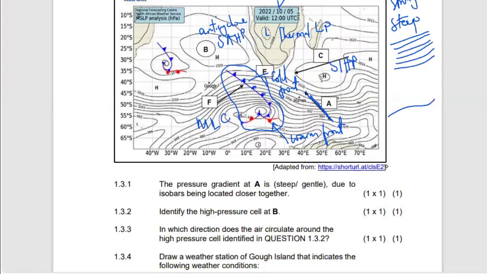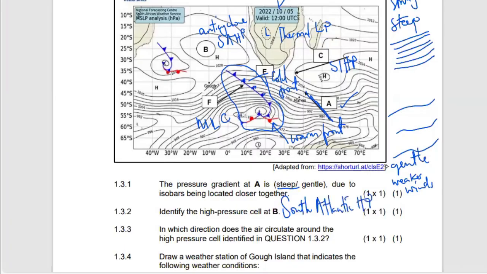But where we see our isobars spaced apart, this is what we call a gentle gradient. And a gentle gradient results in weaker winds. Right. So if we are to interpret here, we can safely say it's a steep gradient because the isobars are close together. Then identify the high pressure cell at B. I think we have already indicated that this is what we call the South Atlantic